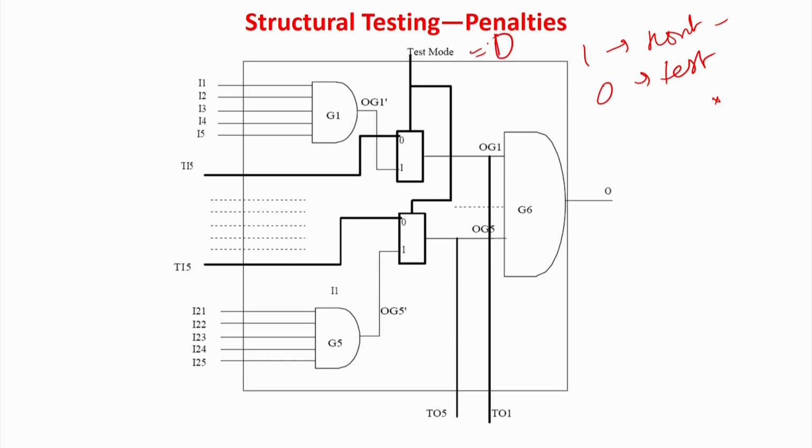This is how all internal lines have to be controlled, because otherwise your normal circuit gates will start interfering with your gate pattern. Here I want to apply 1, 0, 1 as my test patterns, but if I am not able to block this gate, then I will not be able to directly apply the test patterns to the gate under test. This is your gate under test. So, this is how I can make the lines controllable by putting 2:1 multiplexers.